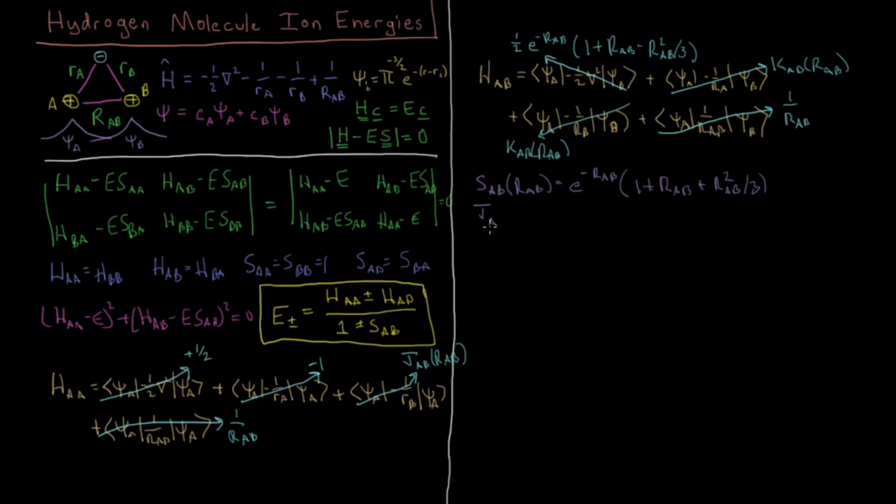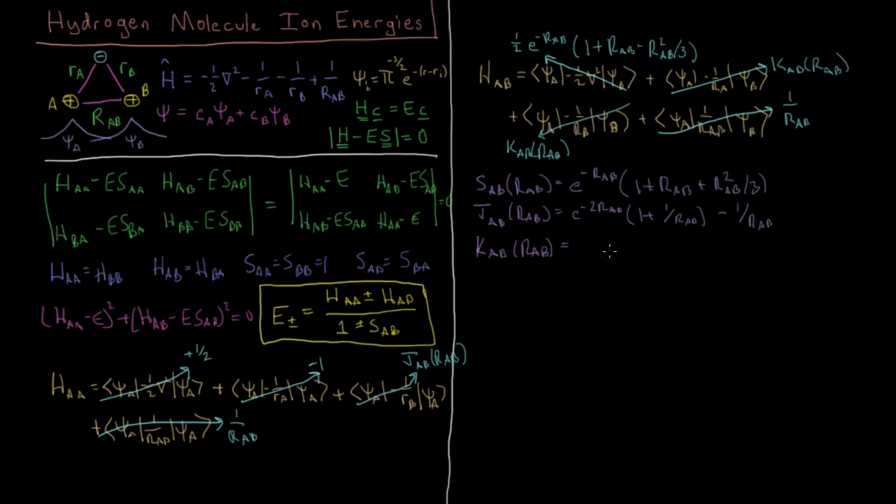We have JAB, which we defined over here for the interaction of this charge density with nucleus B. And that is going to be e to the minus 2 RAB, when you do that integral, times 1 plus 1 over RAB, and then minus, outside of the parentheses, 1 over RAB. So that's how the charge density of psi star A, psi A interacts with nucleus B as a function of distance. We have this KAB,